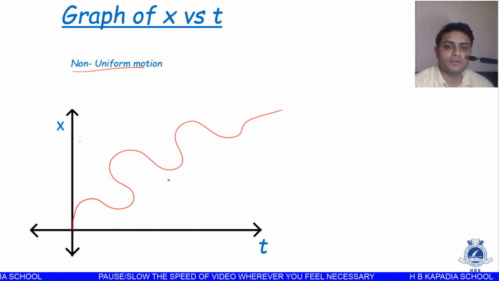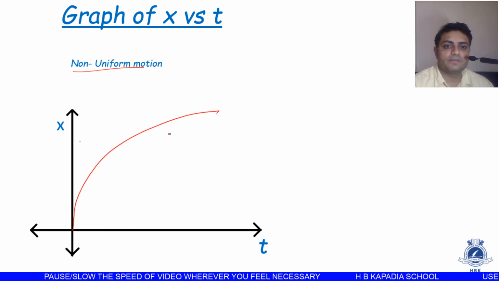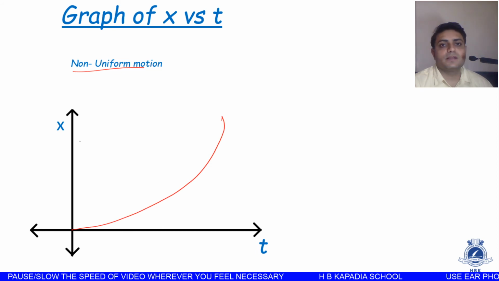Okay, the velocity is not remaining constant. The velocity for a non-uniform graph can also be written like this. You can also draw the graph like this. So all these graphs are of non-uniform motion. Okay,